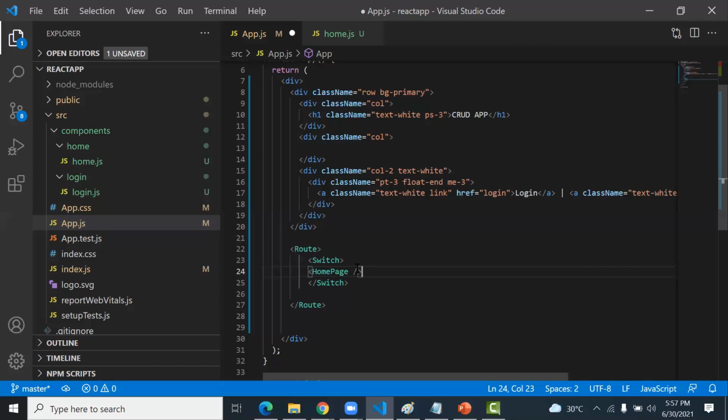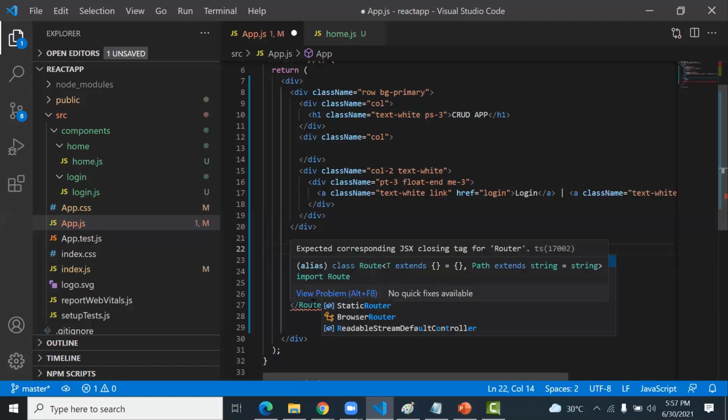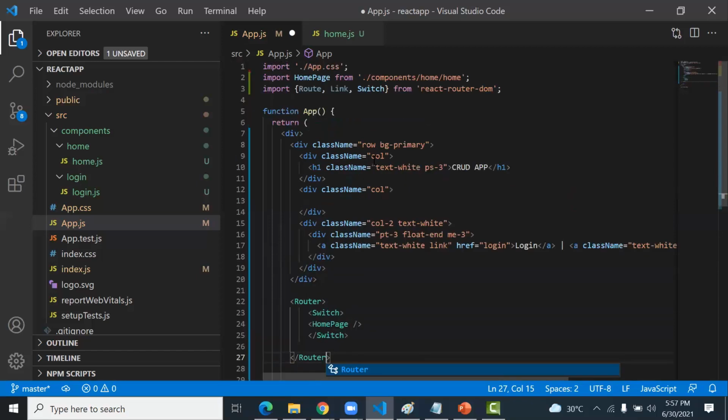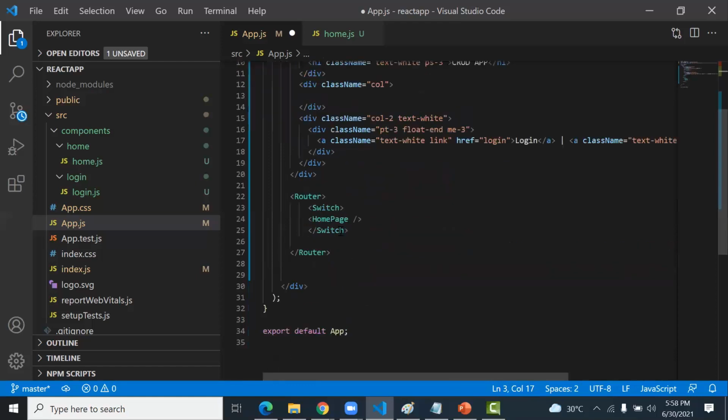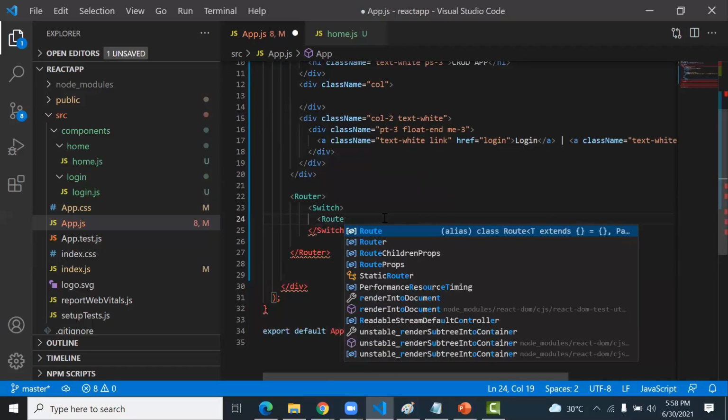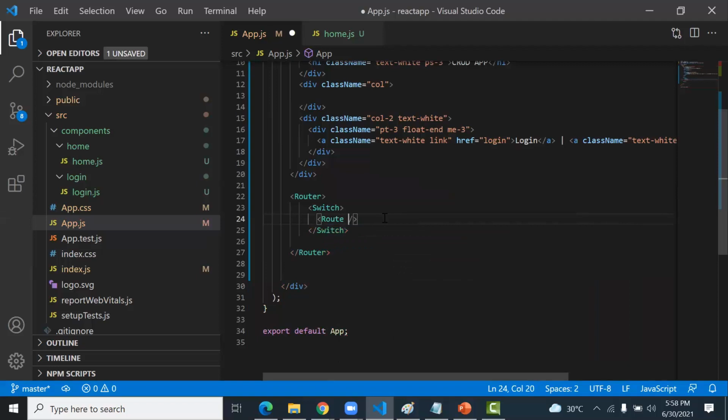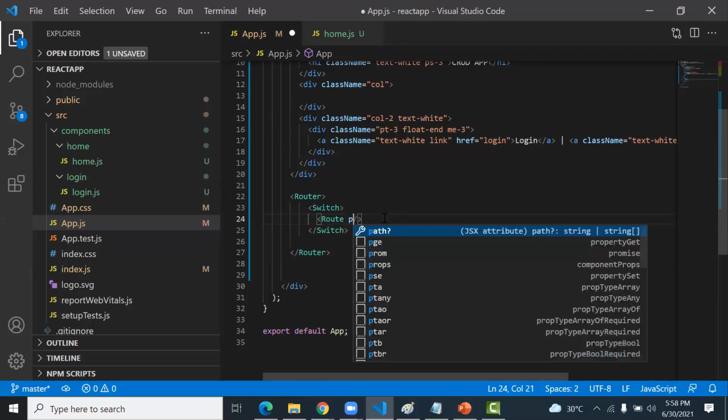Inside the Switch, you type, actually it must be a Router, not a Route. You also take Router, then Route. Now in this Switch, I write this called Route, and here I type path.